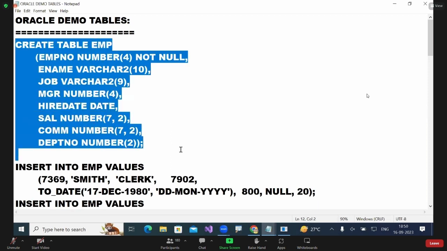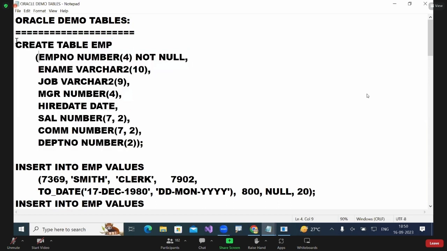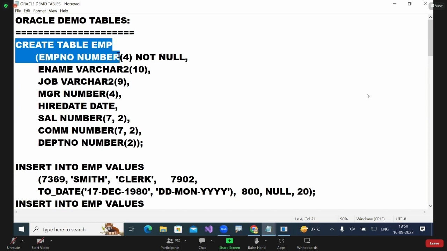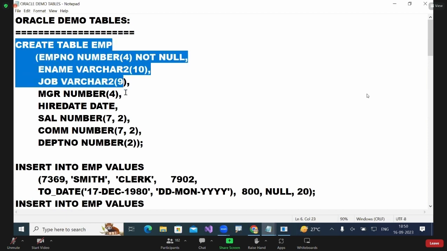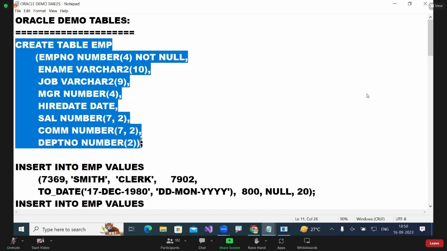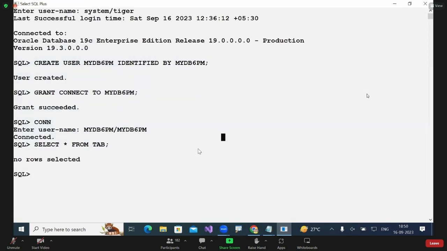First, observe what I said: data is case sensitive. That point I'm discussing here, but later I will discuss what is number, what is varchar, what is date, what is 7,2. All this we will discuss. So now I'm trying to create one table. The table name is EMP, with some columns: number, name, job, MGR, hire date, salary, commission, department number. So what I'm going to do, I'm going to create this table under